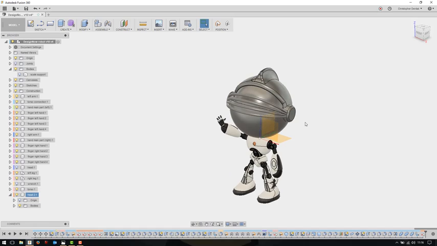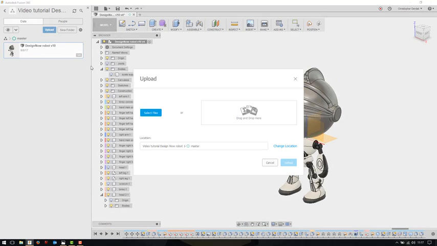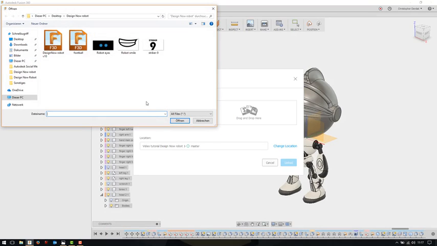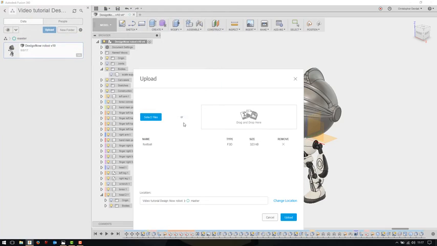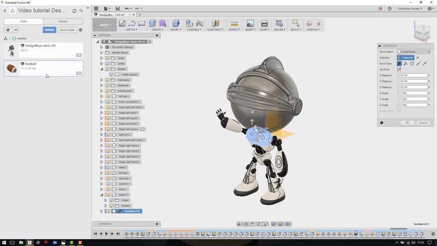But now one very important point is missing. We need a football. To upload the football, go over to the top left corner. Choose Show Data Panel. Click on Upload, select your file, choose the Fusion file Football and click OK. Click on Upload. When the upload is finished, just easily right click onto the file, insert into current design, and